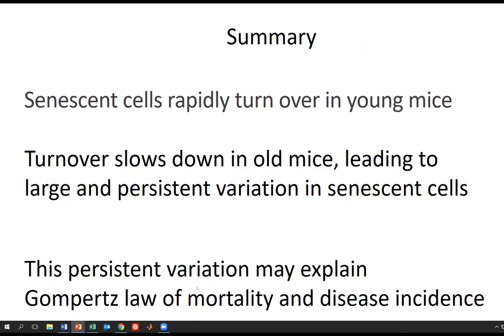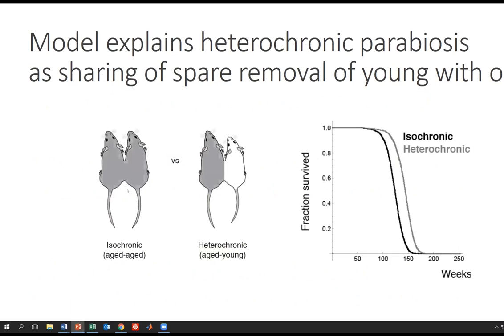That's plenty of time. Maybe I just wanted to say that there's these parabiosis experiments where you connect the circulation of old and young mice, and the old mice become a little bit younger, and the young mice become slightly older. And that can be explained by the same model, where the young mice have spare capacity of removal, have these extra macrophages and NK cells, and they flow to the old mice, and they can help their saturated removal.